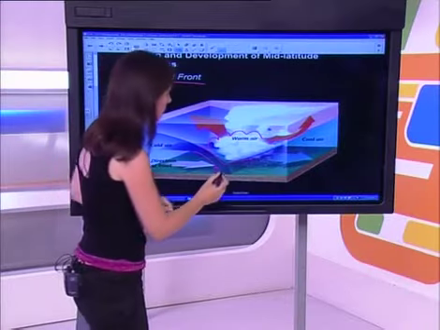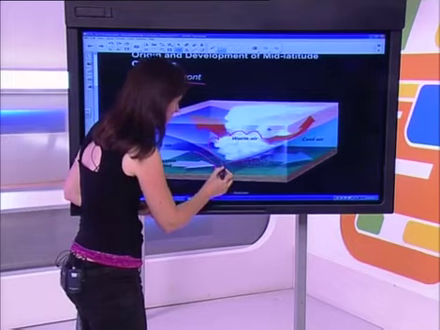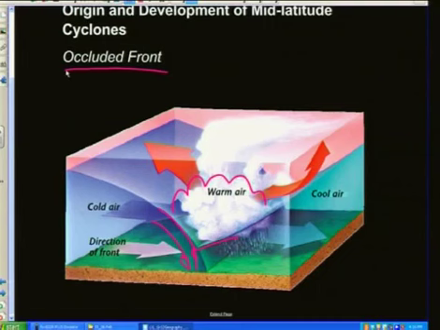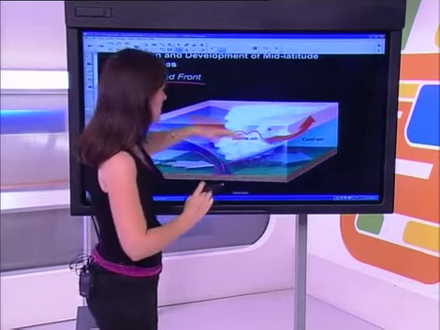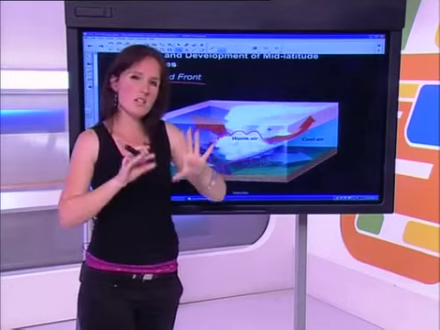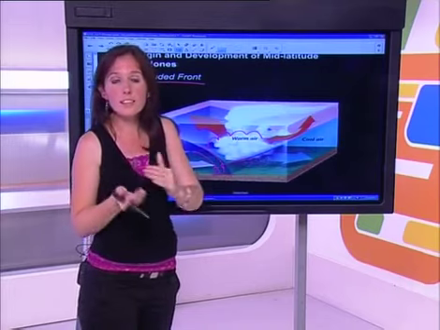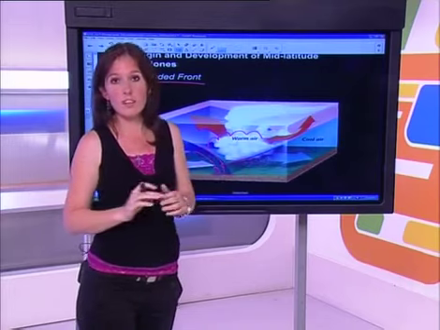So on a cross section, you'll actually be able to see now that it's lifted completely off the ground. All right? And that now that cold air is kind of taken over. So at ground level here, okay, you'll see a lot of clouds, you'll feel a lot of rain, but it will start to feel quite cool. In the degeneration stage, all of that warm air has now lifted above the ground. All right? So when all of it is lifted above the ground, our pressure bars start to even out, and we'll only really feel a rather cool gust of air at ground level.